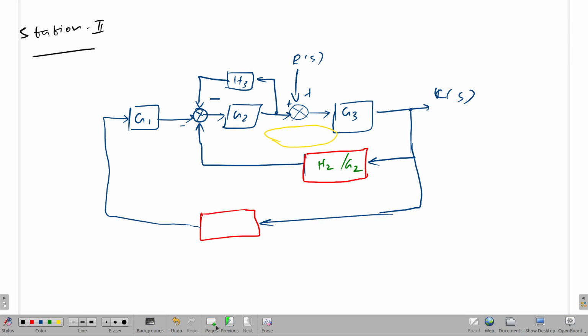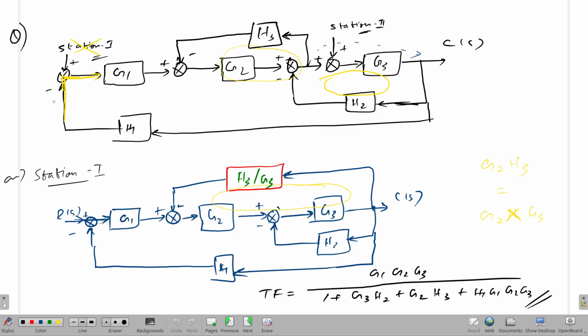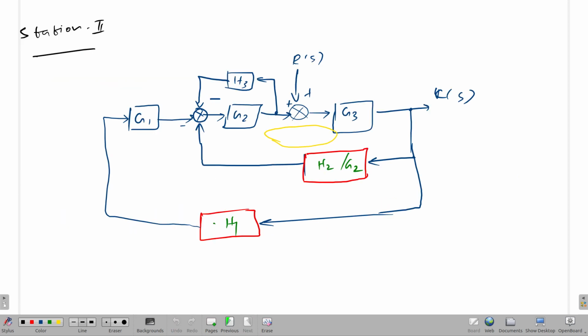And here what is the change? Actually we are not shifting anything, just H1 should come, right? No, the thing is here it is a negative feedback, right? Negative is here. So since the summing point is gone, we have to accommodate this minus somewhere. For that, what we do is we make this block as minus H1, right? So please don't make that mistake. Now you can take this feedback, make this into one block. So finally, this is simplified,